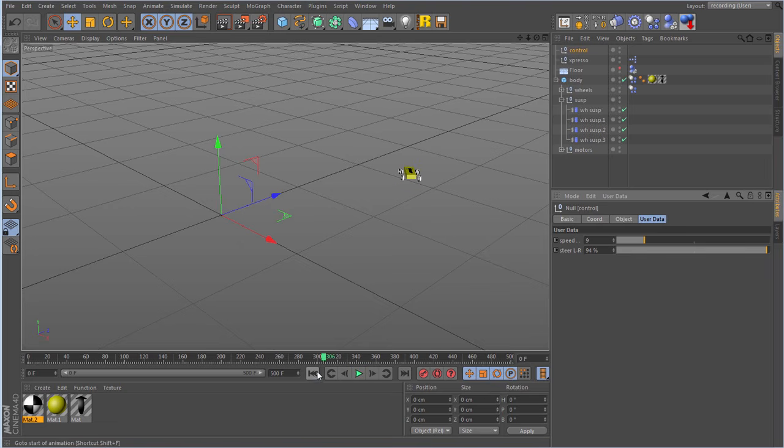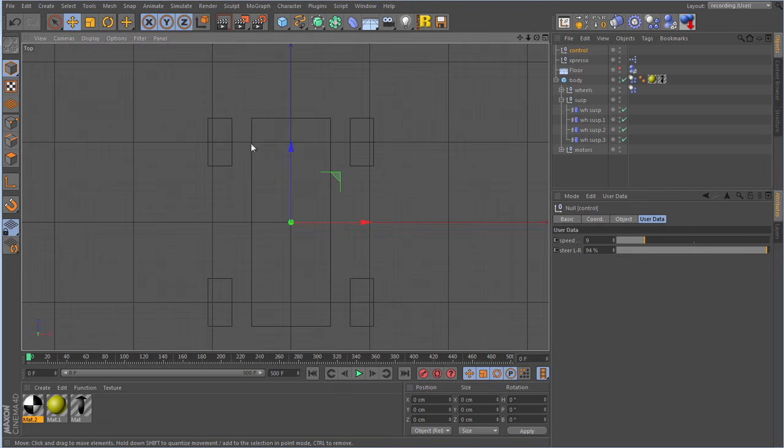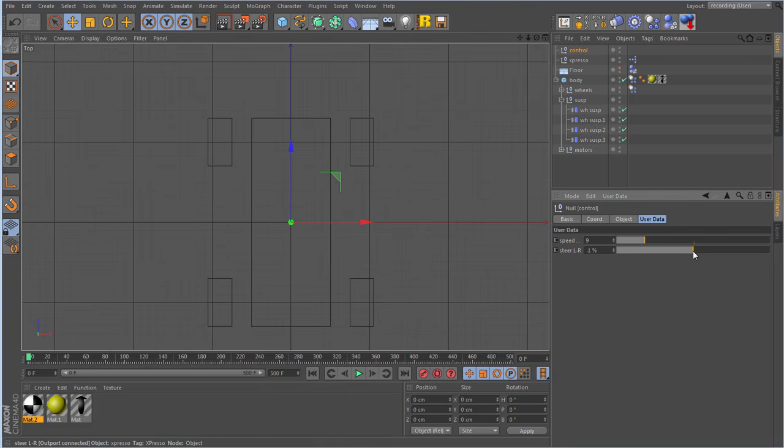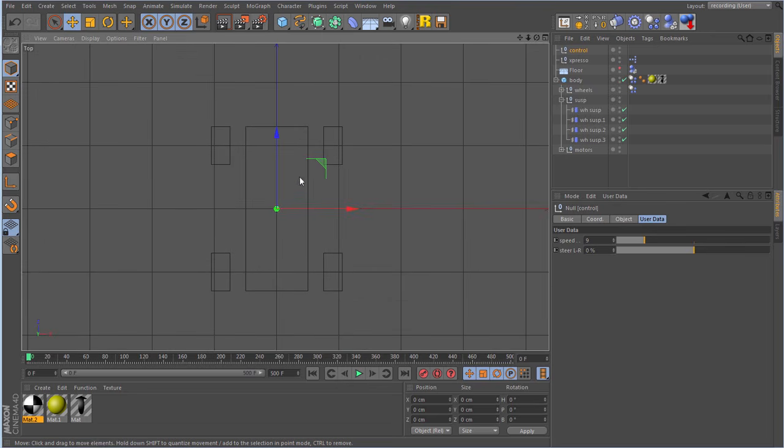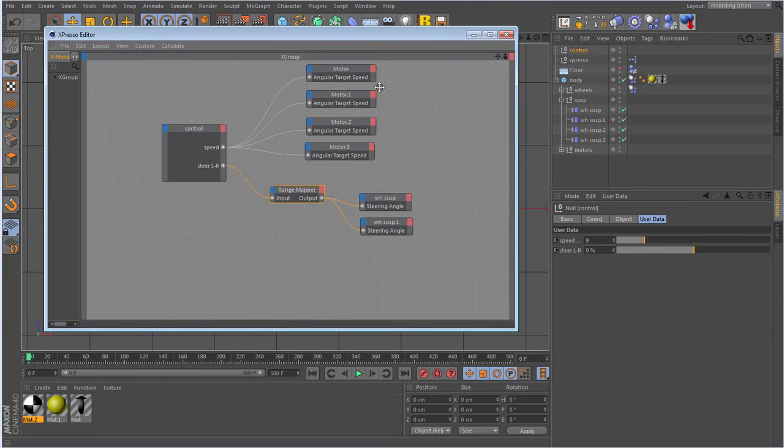Well, there's a very simple explanation actually. If you look at this from the top-down view, now you've got to have a convention of some kind for what is left and what is right. So the way Cinema does it is that angles to the left are considered positive and angles to the right are considered negative. And at the moment we've got it the wrong way around. We've got minus 100% giving us a negative value. It needs to give us a positive value.